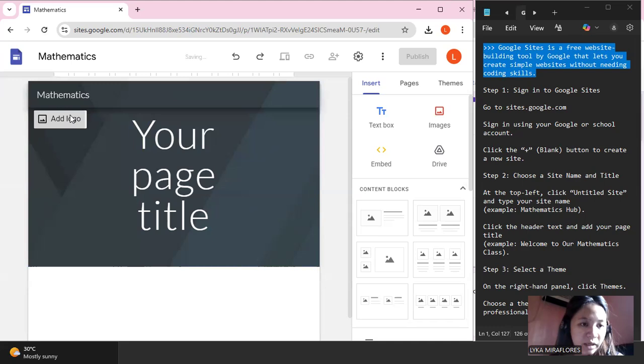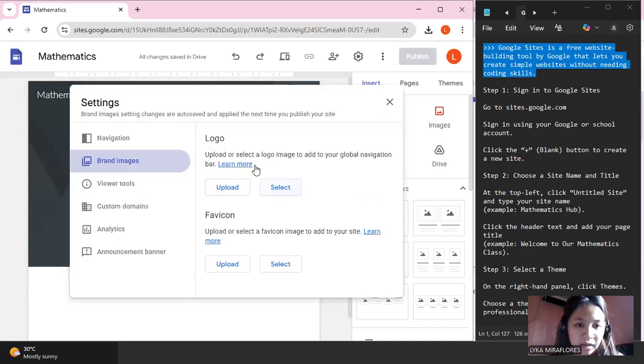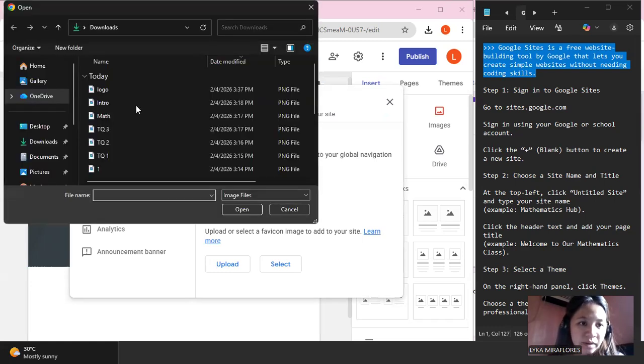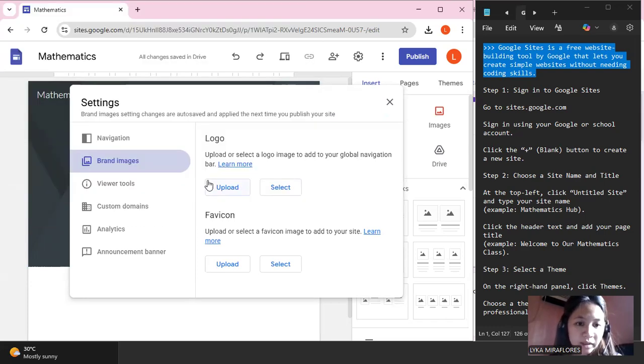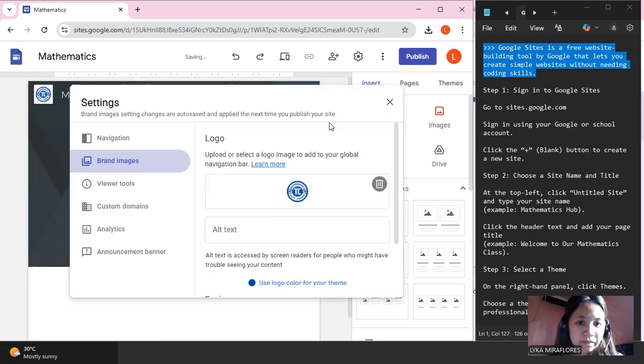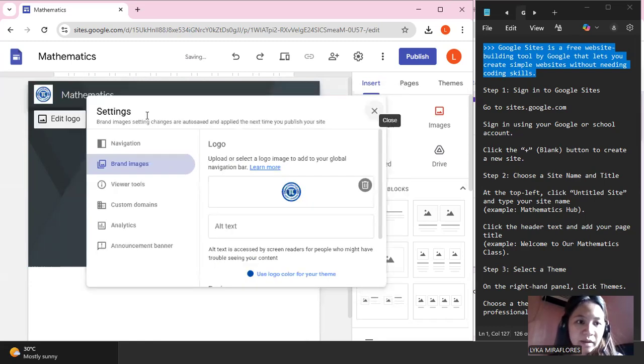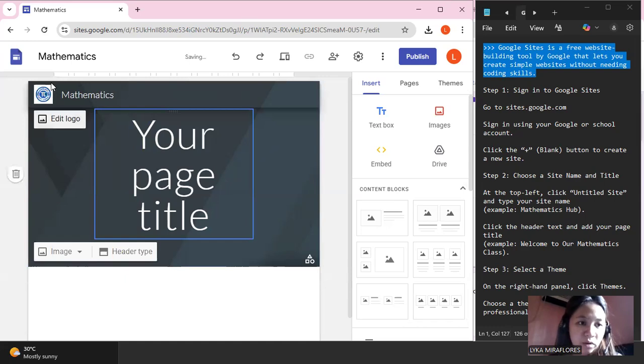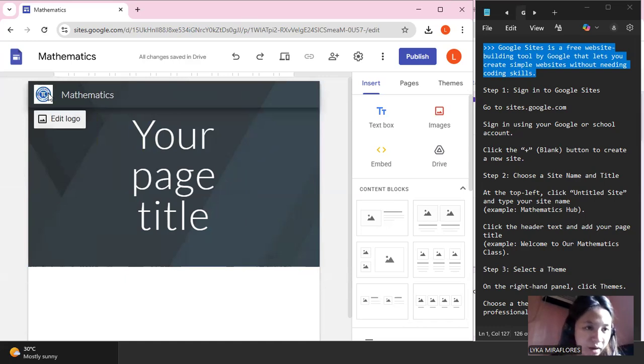So I'll be clicking that and then selecting the option Upload. I already have a prepared logo in my files, so I just need to click it and click Open. Then here you go. You will be seeing it in small size on the upper left corner.